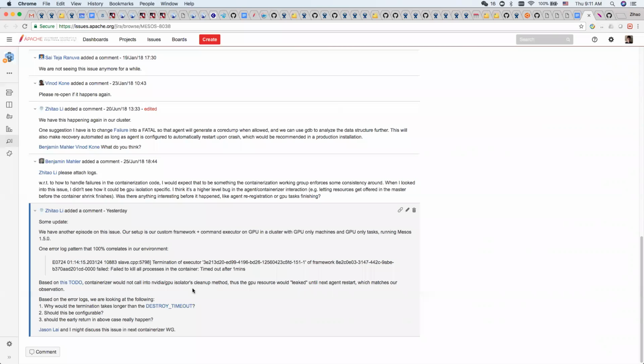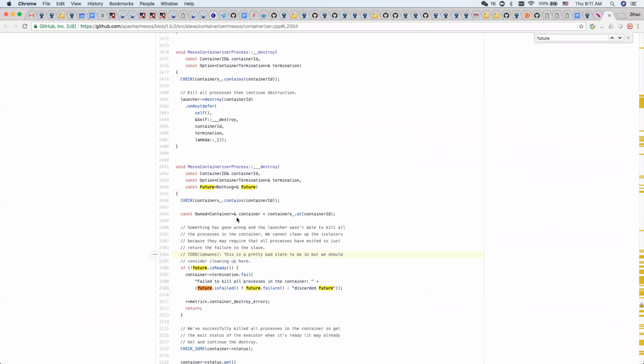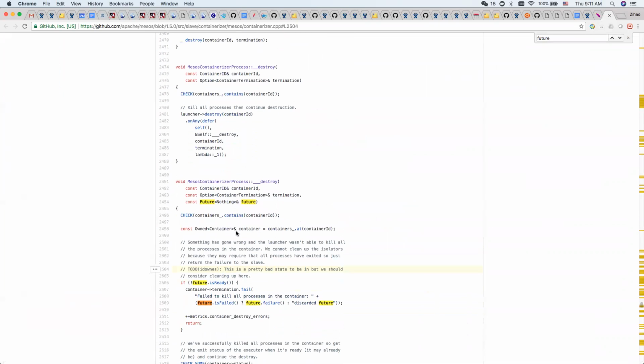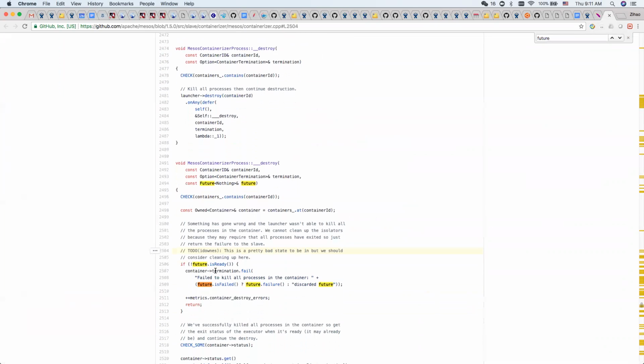So you mean the isolator cleanup is not called for the old container? Yes, for the first container. If you look at that, okay, so it makes sense. It makes sense. Yeah. Because if you fail